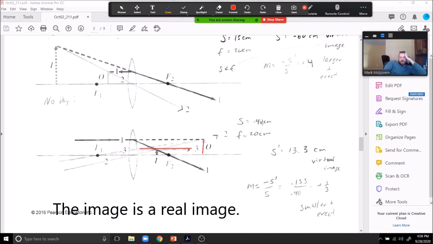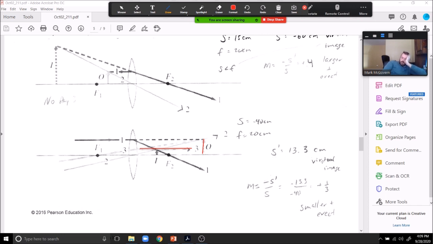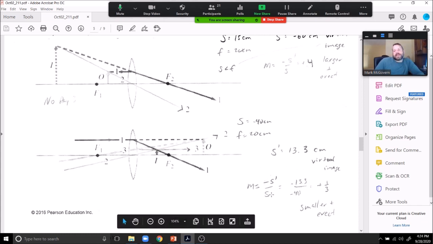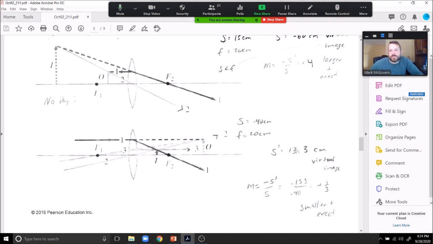S is minus 40, focal length being 20. You solve for S prime, we get a 13.3. Positive. Okay? So why did I call that a virtual image? It's not a virtual image. This is not a virtual image. I forgot when I did the calculation, the 40 is negative here. So you do end up with a positive value. And that means